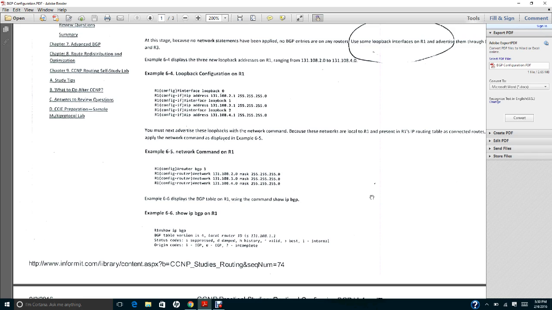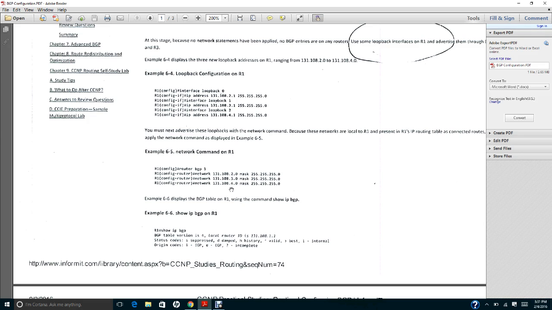You can apply the network command as displayed: router BGP 1 network 131.108.2.0 mask 255.255.255.0. Also, you need to enter it for the .3 and .4 networks.